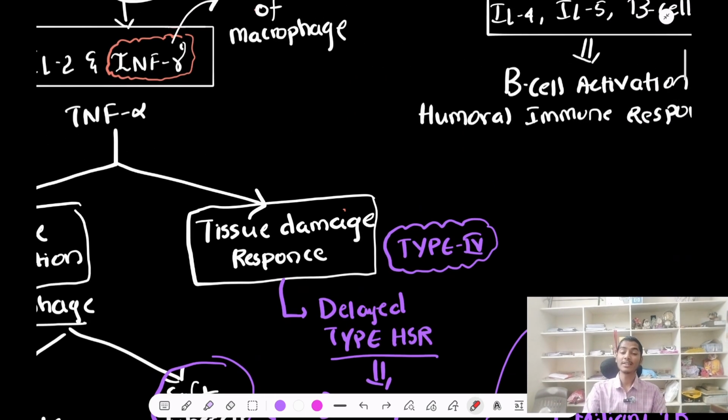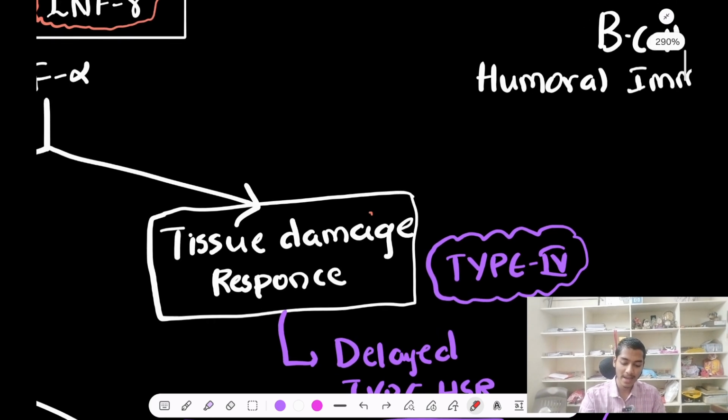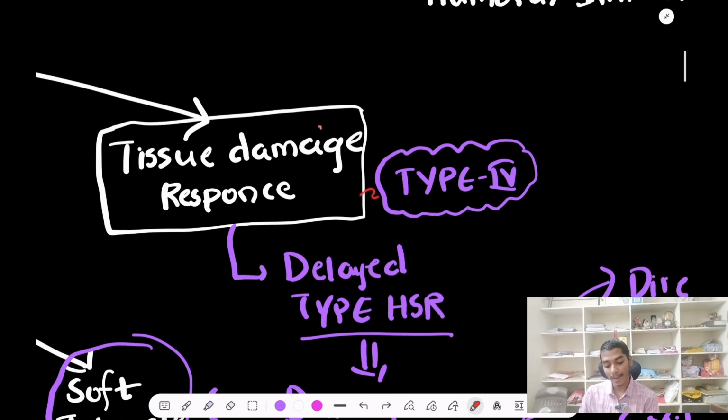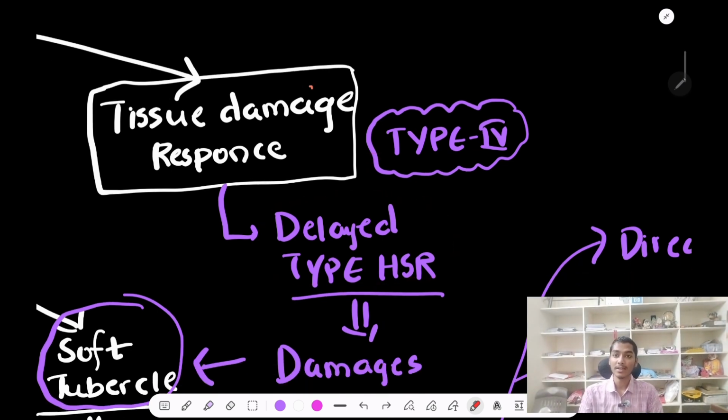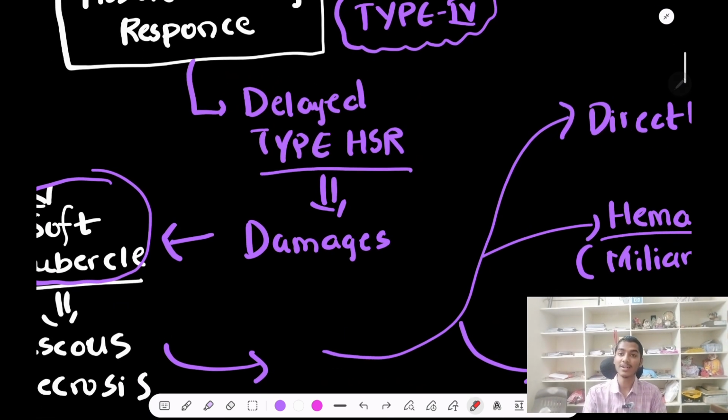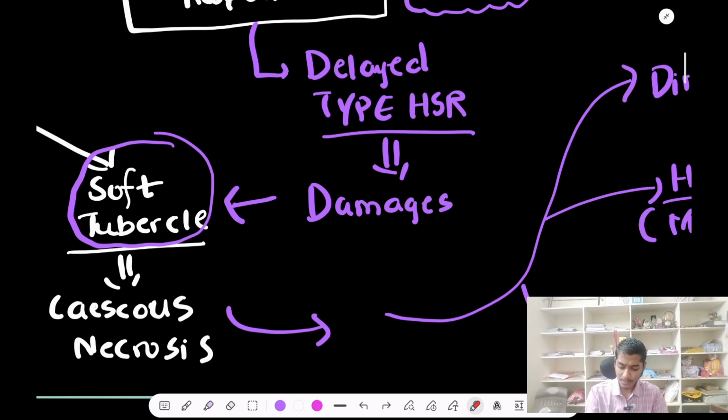Now what happens, there is a tissue damaging response here. Can you guess which type of hypersensitivity reaction? Yes, it is type 4 hypersensitivity reaction, or delayed type of hypersensitivity reaction here. Now what happens is, this delayed type of hypersensitivity reaction damages the soft tubercle, and what happens is, the